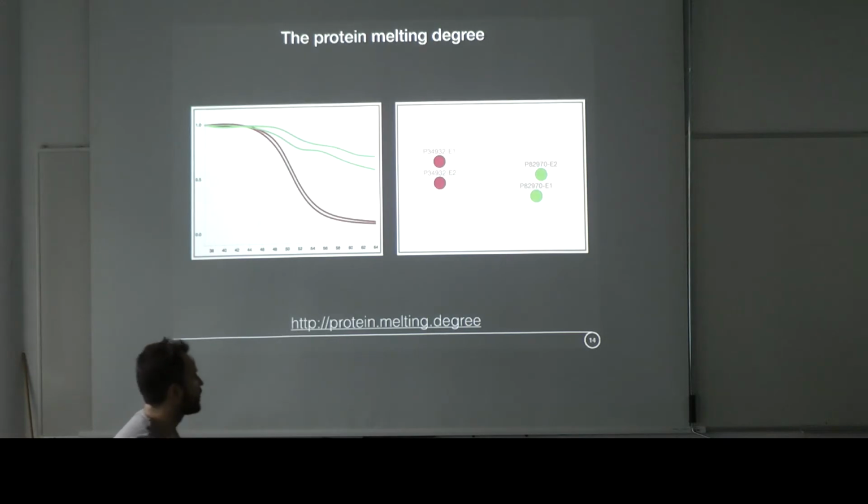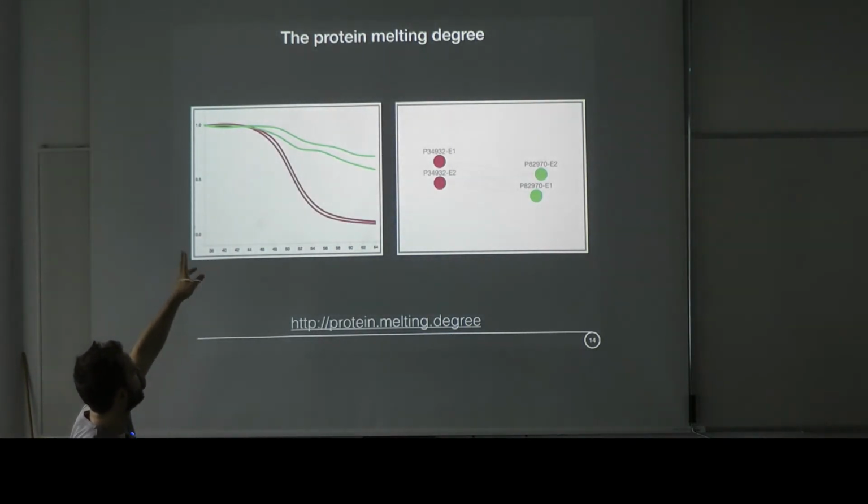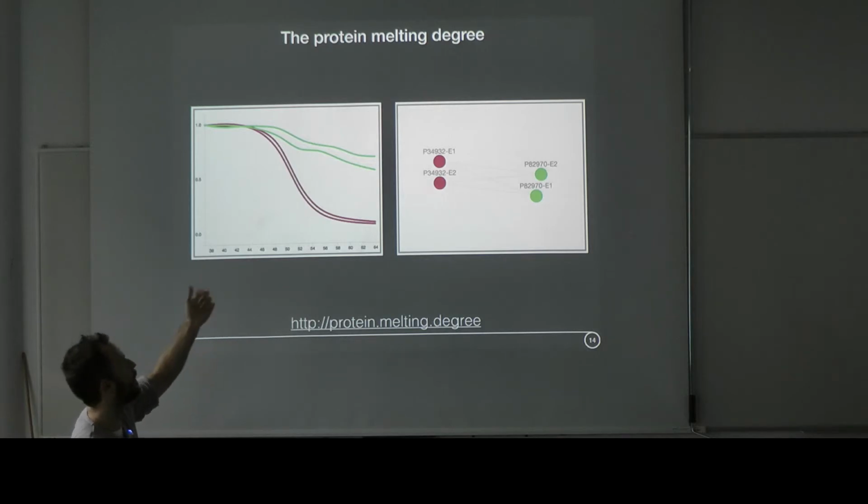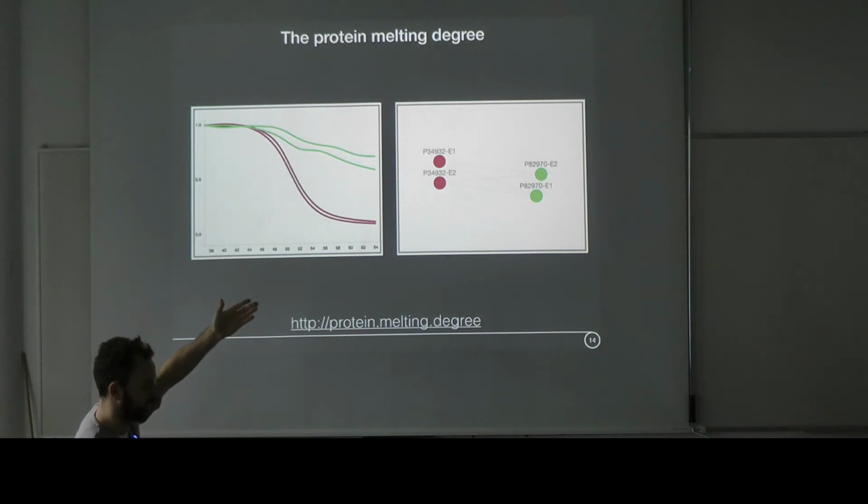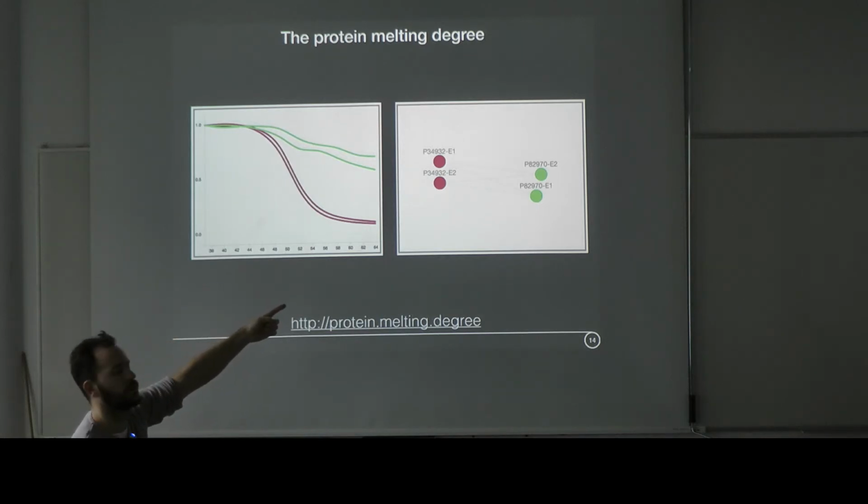So what this turns out to be is that the same protein is represented by the same color in different experiments, and they follow a sort of trend line, right? So at 38 degrees Celsius, most of the protein in the cell is still present, and then at 64, the protein is almost entirely dead. The same applies more or less to a different protein, but there clearly is a difference between the two proteins. You can see this from the trend line graph already, but it's even more evident from